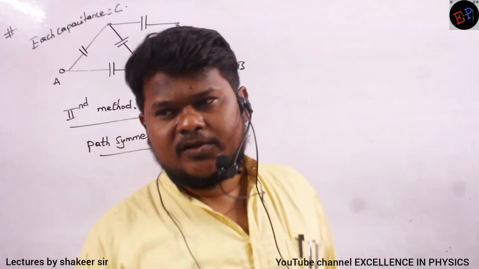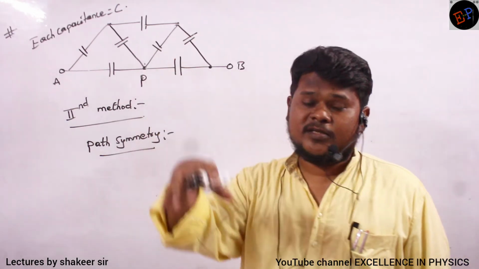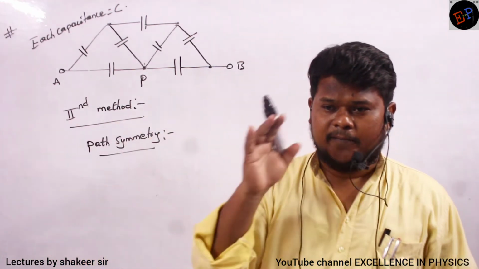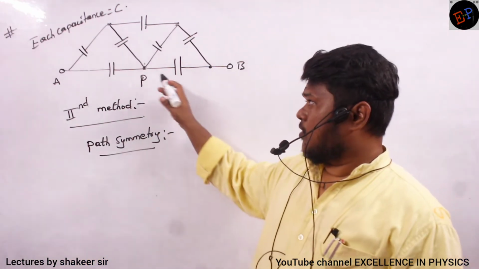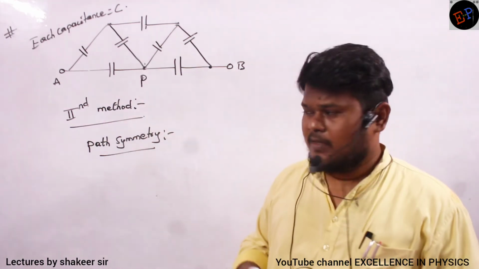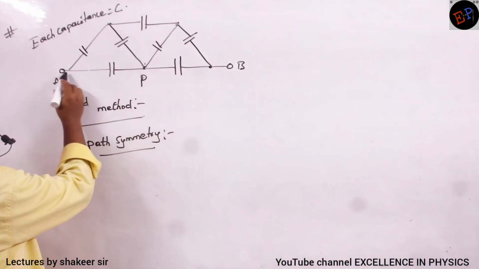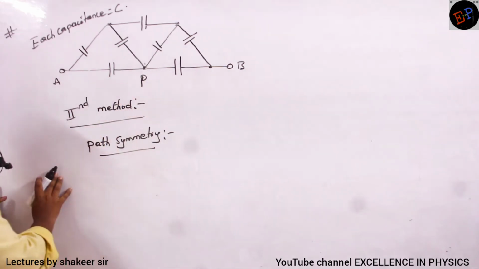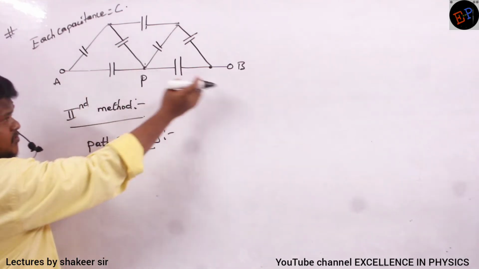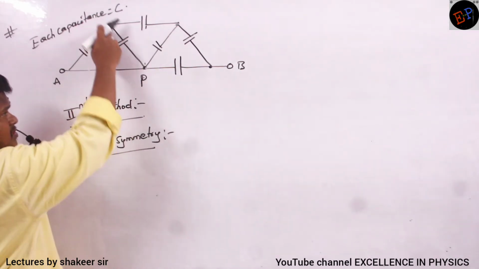Okay. There are two terminals, no? Terminal A and terminal B. So in reaching this point, if there is a symmetry, either starting from point P or starting from point A, then whatever points are present here, you can disconnect those 2 points. Okay? Now let us see here, we will try to understand. So in traveling to P, from A to P, there is one capacitor, no? Similarly from B also, there is one capacitor, if I travel in this path. Similarly, if I travel in one more path, if I travel like this, how many capacitors am I touching?